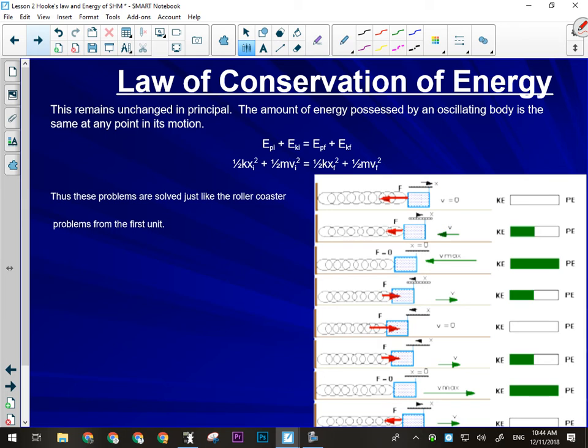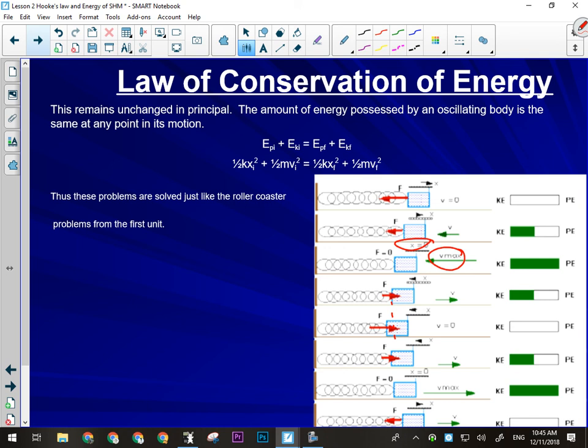Okay, so as we were saying here, okay, if we're looking at something oscillating back and forth, when it is at its maximum displacement, okay, v will equal 0, all of our energy will be potential. As we move this way, kinetic energy will increase, okay, and potential energy will decrease. Okay, when we get to equilibrium, we're moving at our maximum speed. Okay, our displacement is 0, so all of our energy is kinetic. But then as we move away and compress the spring, okay, the spring slows the mass down, but loads up with potential energy. So we see the potential energy increasing, okay, until we get to that point of maximum displacement